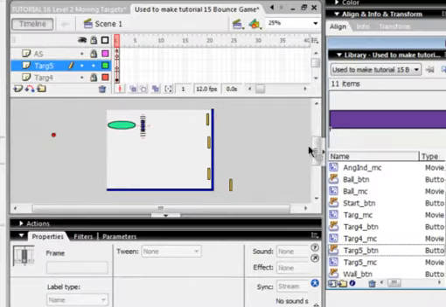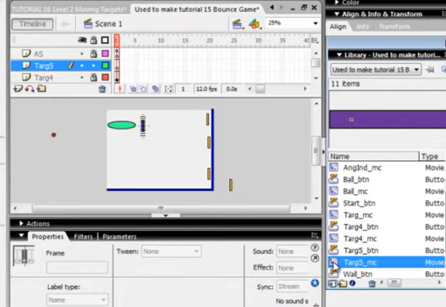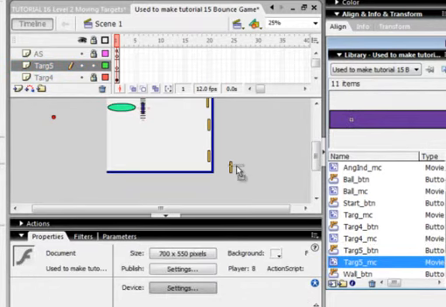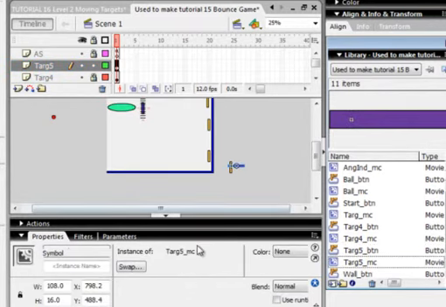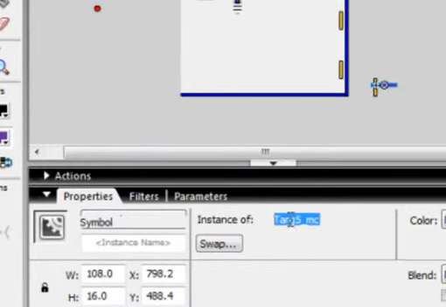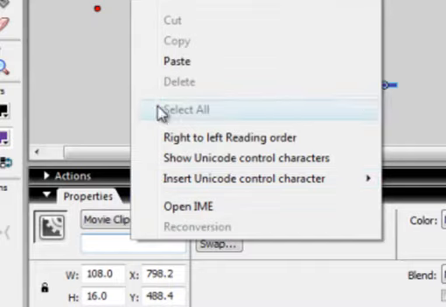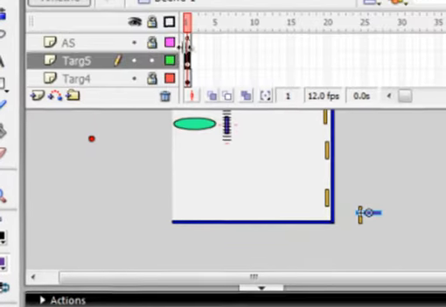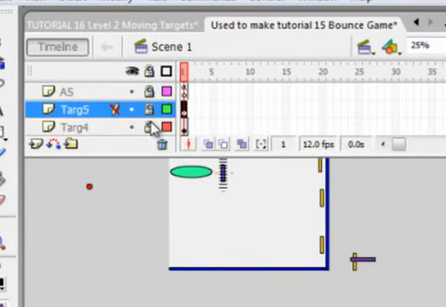With the Targ 5 layer selected, grab the movie clip Targ 5 from the library panel, bring it up, put it here. Pick up this instance name, copy it, paste it in here. Lock this Targ 5 layer, unlock the Targ 4 layer, select the first frame,